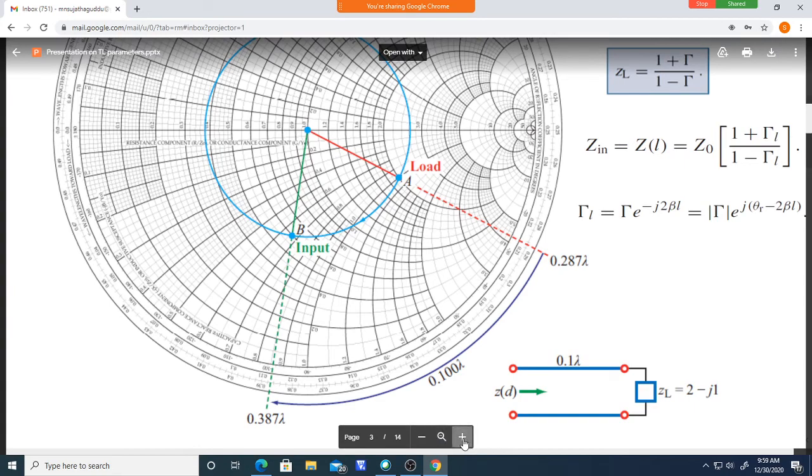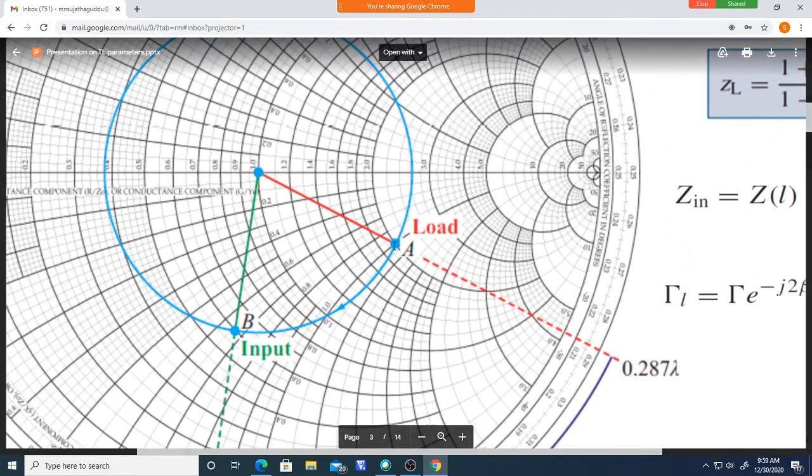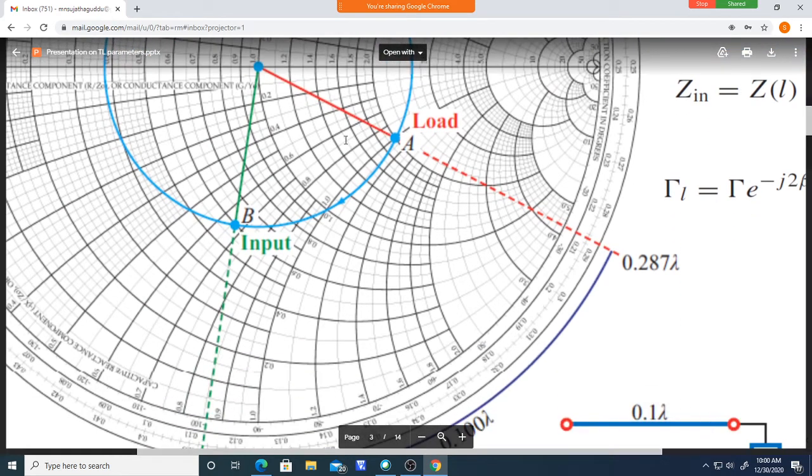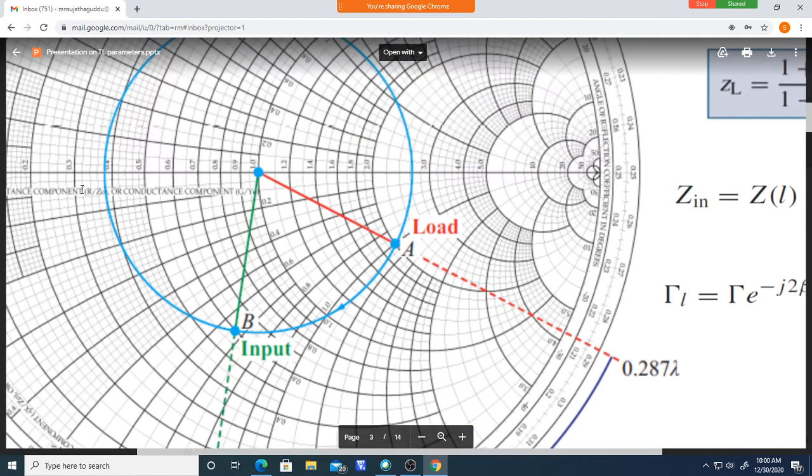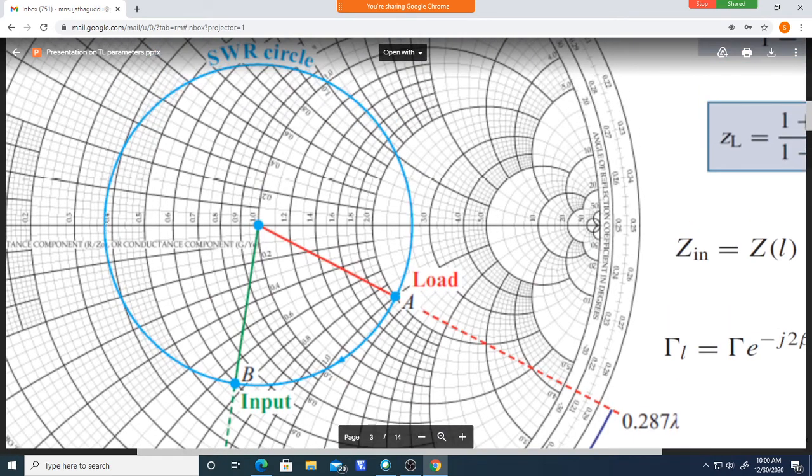On the transmission line, sorry, you started from the load, and the impedance changes. We come to some point here, some point on the transmission line. We started from the load, moved like this, and reached some point here. What is the impedance here? It is 0.4, written at this position. Okay, 0.4 is written. So you can observe this 0.4 is the minimum value of impedance over a transmission line.